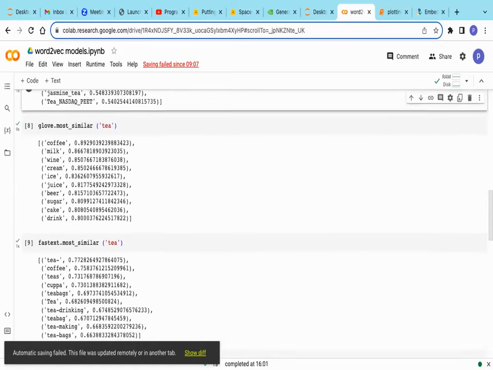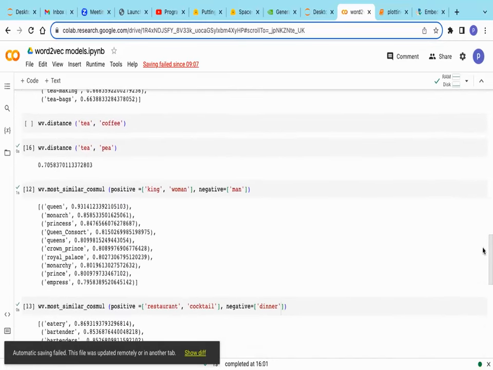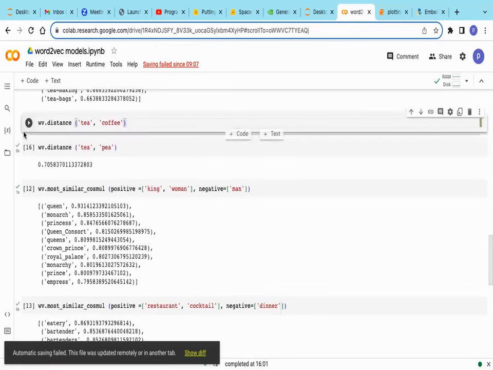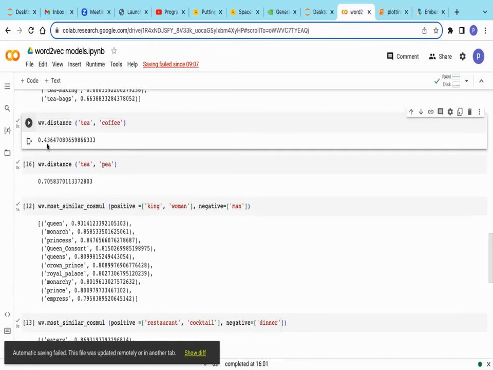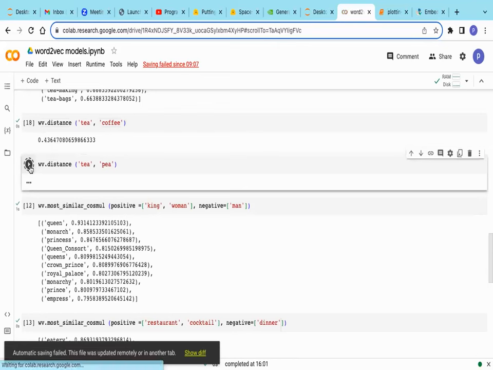Similarly, we can also see the similarity between two different words. Here we are talking about distance. So if tea and coffee are close to each other, their distance should be small. And here it's 0.43, as against, let's say, the distance between T and P, which may sound similar, but in the vector space the distance is almost 60 or 70% more than the distance between tea and coffee, which are contextually more closely associated. So this is how, mathematically, in a high dimensional vector space,